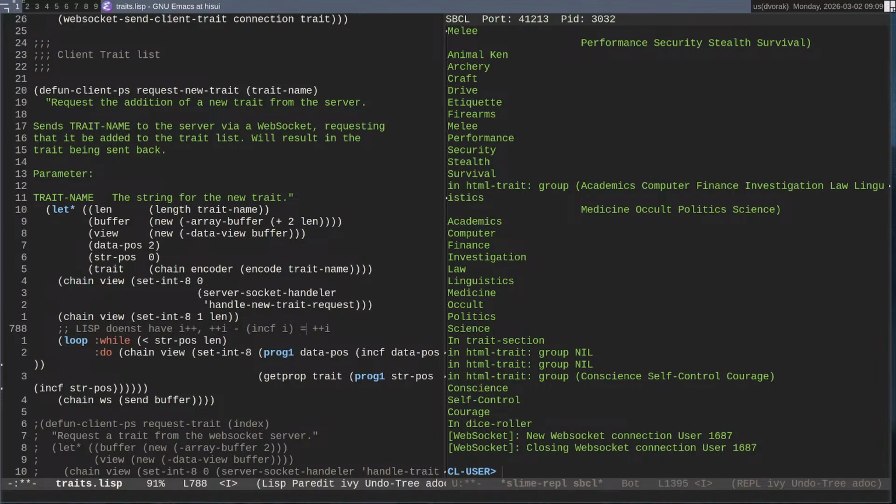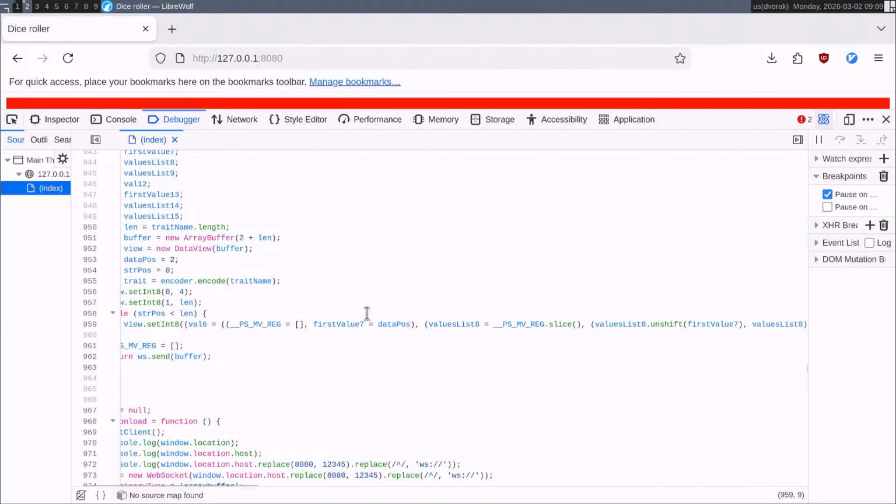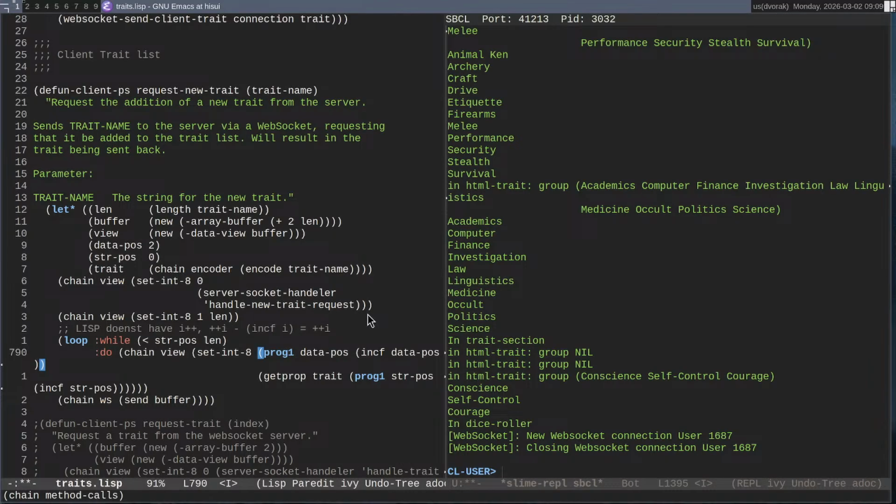is ++i. So how do I make I++ where it returns the value and then increments it? You use prog1. And so I've done that in Common Lisp. I've made a macro called n+1, n++, which just does this. And so I was trying it out in JavaScript to see what it would do. And apparently the answer is this awful code. So we're just going to accept that we were wrong.